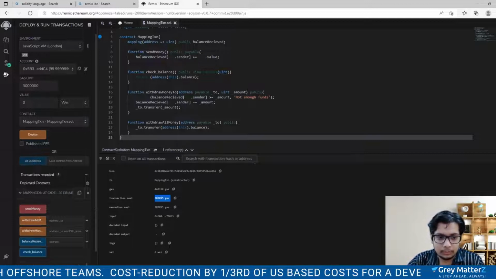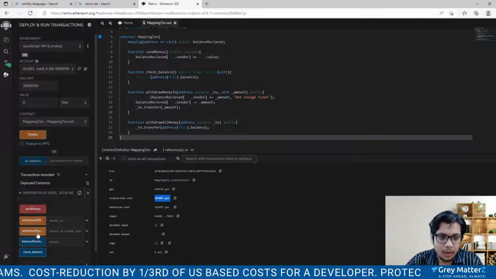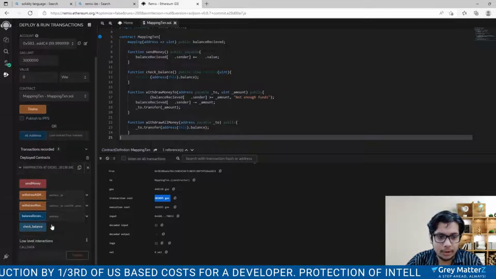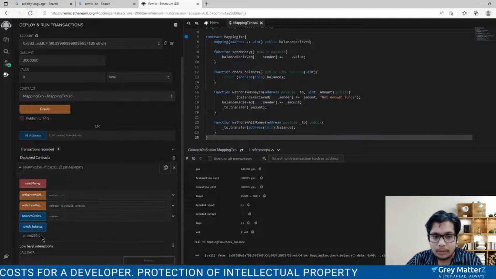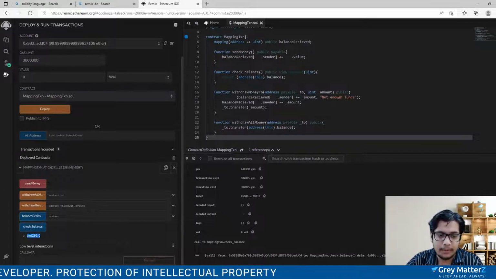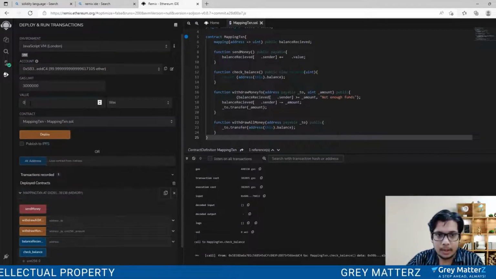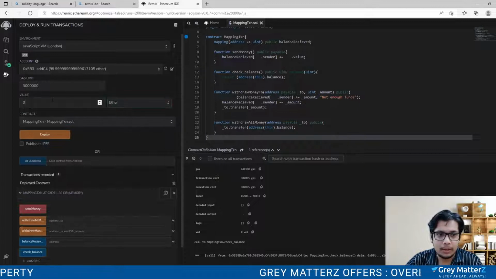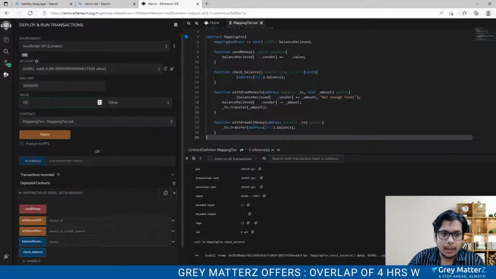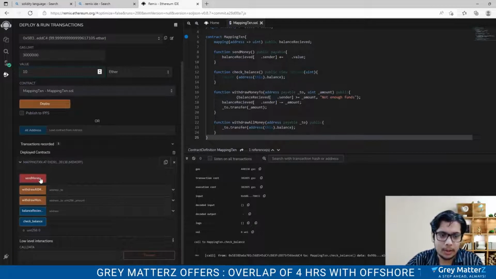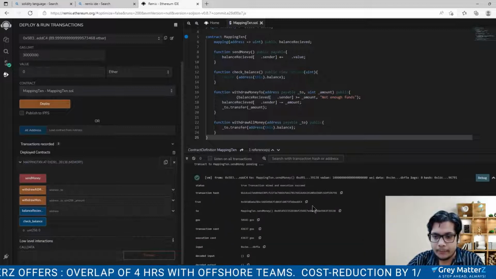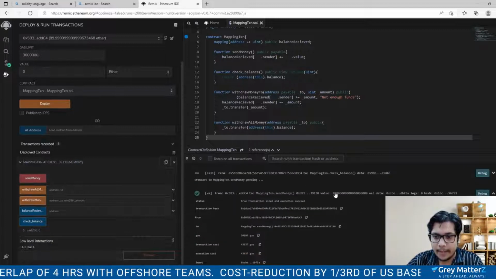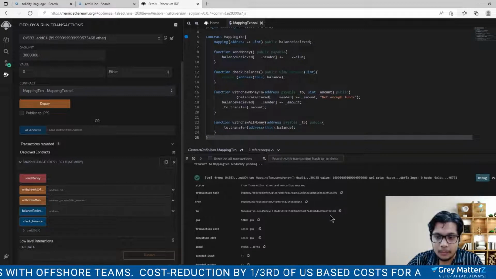So we have some functions: send money, withdraw money. So let me first check the balance. Yeah, check the balance. Right now it is 0 because we don't have any amount in our smart contract. So first of all, we send some amount. We first select the ether and we send 10 ethers to our smart contract by using that send money function. Okay, so yeah, you can see here there is some value which we transferred to our smart contract,